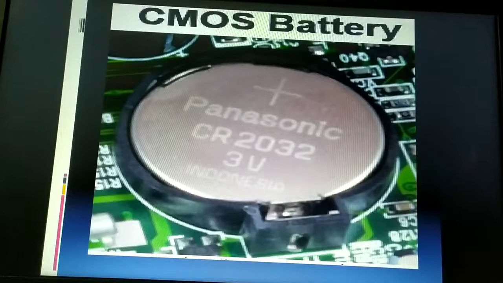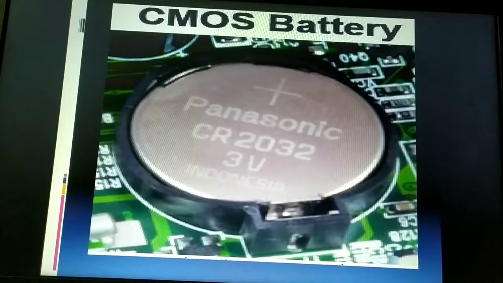So these are nothing but the system parameters. Usually the changes which are made by the users for the system will be stored in a memory chip known as the CMOS. Not only the system parameters, it also stores the date and time. So every time you turn on your computer system, the current date, time and the system parameters, the changes I previously made, everything will get loaded.